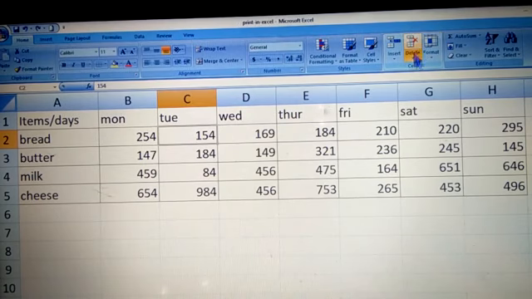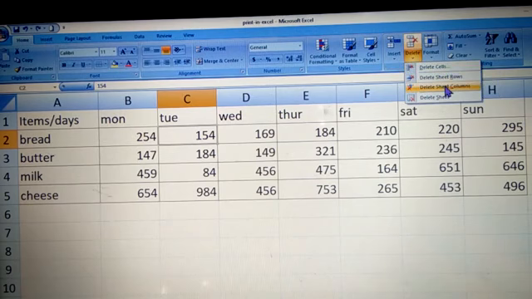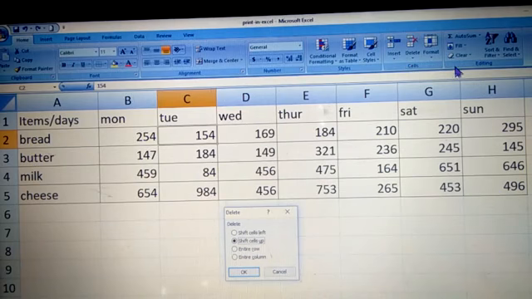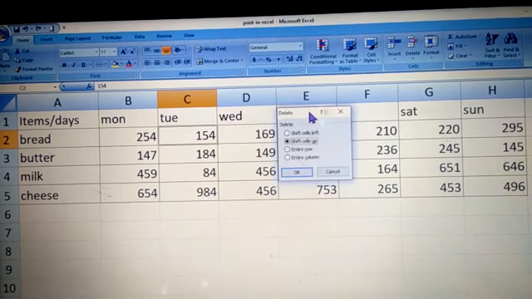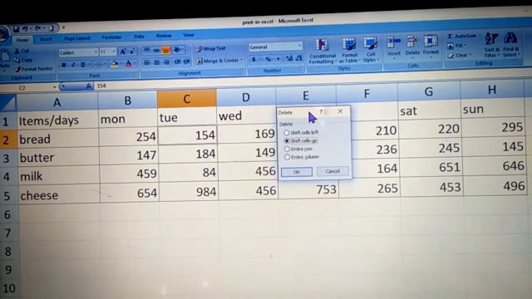In the Cells group, you can see this Delete option, children. In the Delete option, there is this small arrow. When you click on this arrow, this menu appears. From here you will select Delete Cells. When you click on this, the dialog box appears. Now, children, you need to see what kind of options are here and what these options